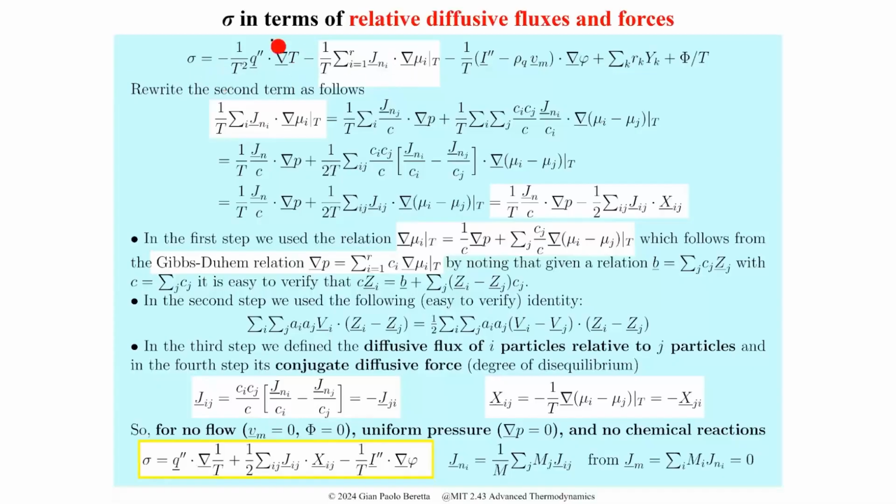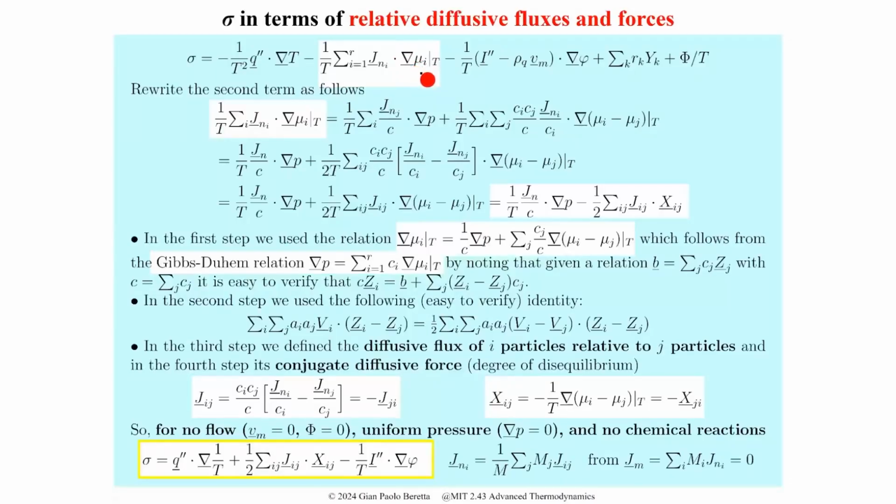I don't go over it because we talked about it so many times, but we now want to concentrate only on this term, which has to do with diffusion of particles, and we want to rewrite it in a form that goes only up to r minus 1, or essentially that it is written in terms of independent fluxes. And one way of doing it is through these steps,